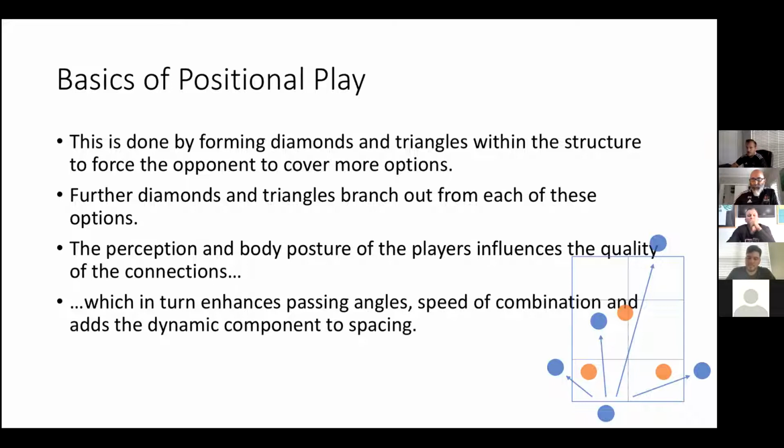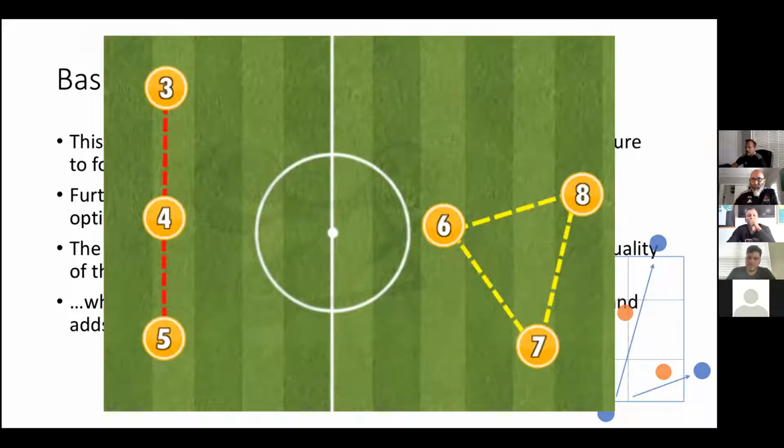So just so that it makes more sense what I'm saying, this is a simple example of 3 players. If you have 3 players, there's the ones on the left there. If they're positioned in a straight line, all of a sudden number 5 can't pass to number 3, right? Because we're all in a straight line. And then the basic idea is if we're positioned a little bit better in more of a triangle, or, if you just had a 4th player there, it would be considered a diamond. Everyone is positioned on a different line to each other. You all of a sudden see that every player has 2 passing options, whereas the other one, everyone has 1 passing option, except of course number 4 has 2 passing options each to his side.